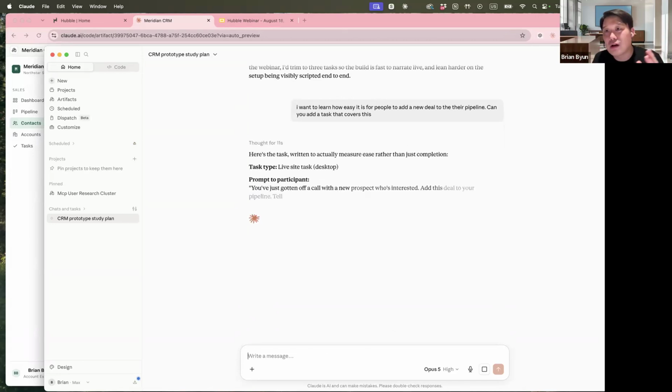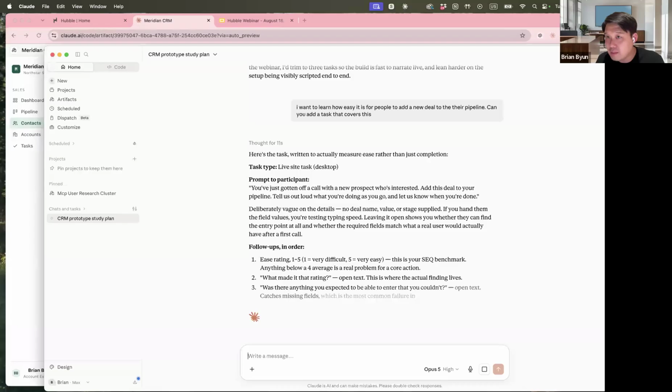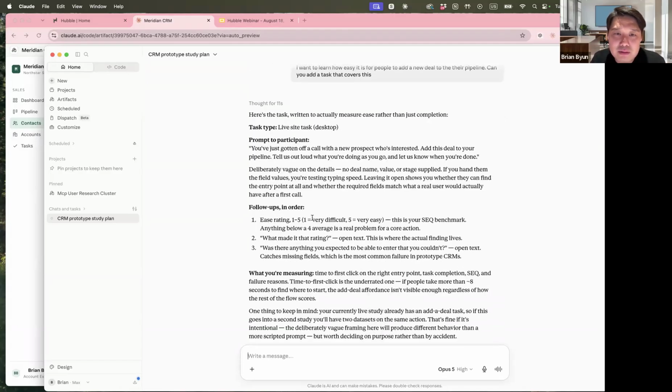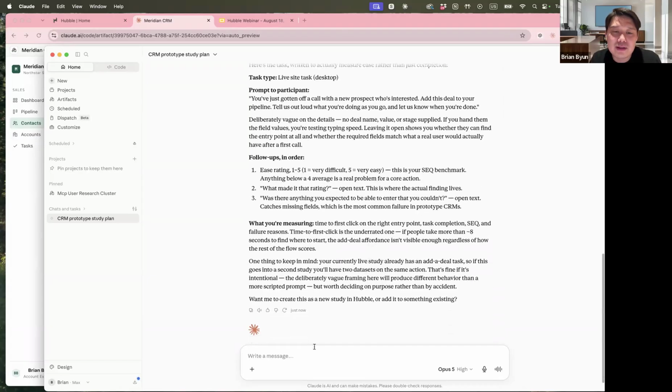Again, I'm using Claude as an example, but this works with any LLM. You can use it within Figma, Claude, ChatGPT, Copilot, anywhere. Okay, so here's a task. Follow-ups in order, great. What are you measuring? First time to click. Okay, and then secondly,